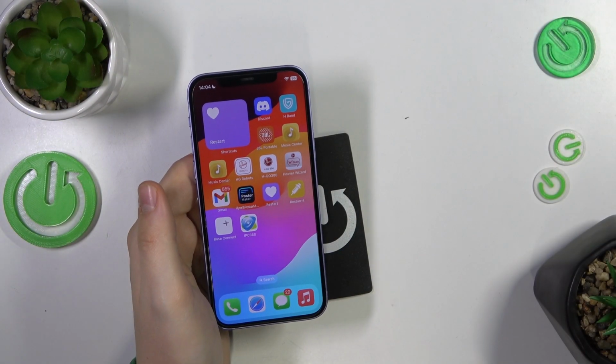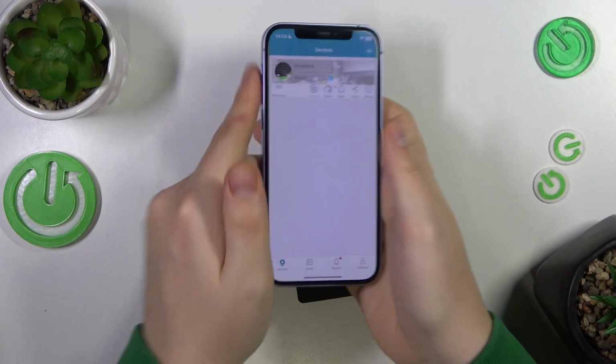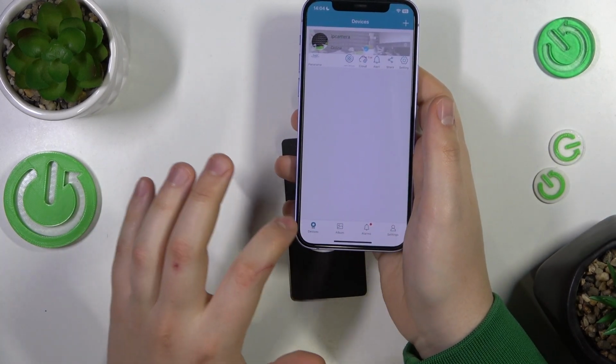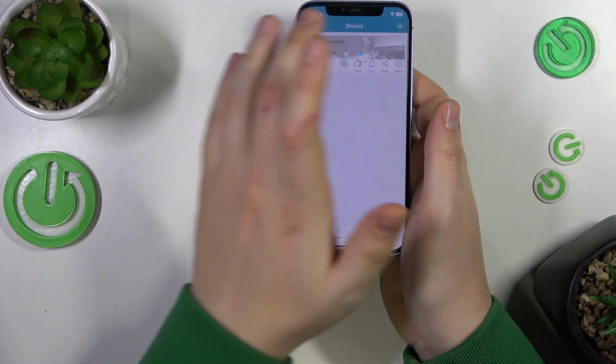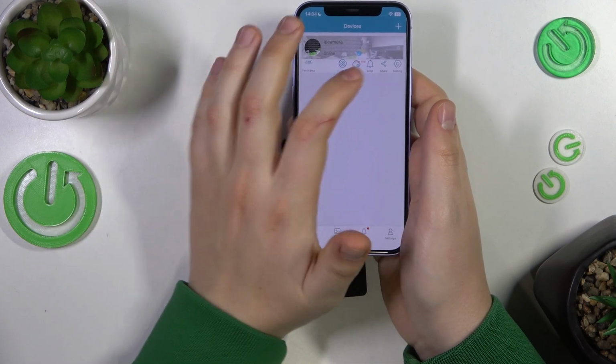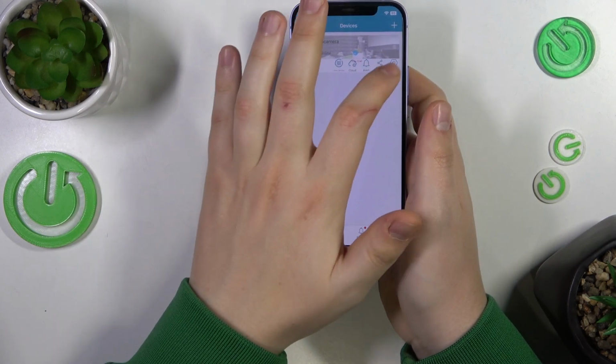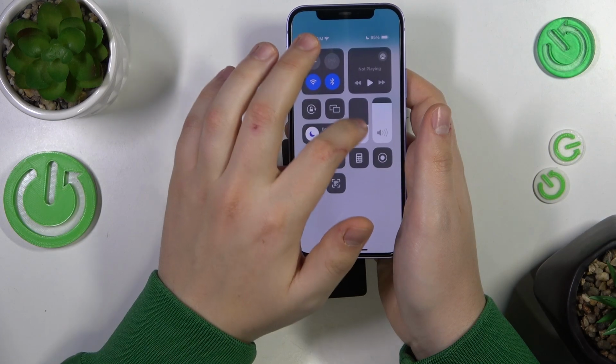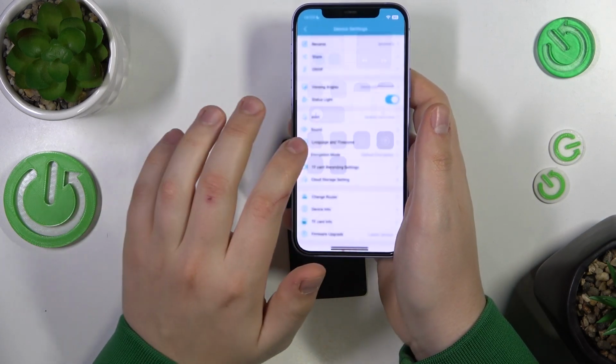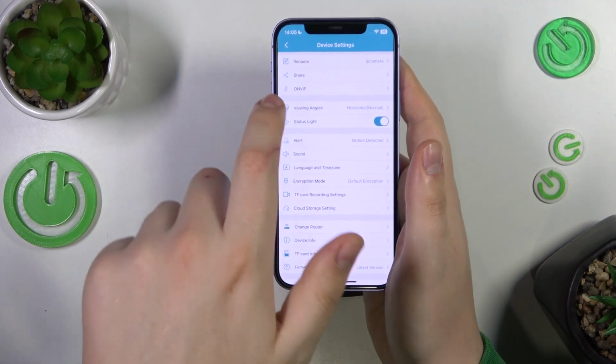So first, you will need to open the IPC360 app, then select the Devices section, find the camera you would like to manage the encryption for, then go into its settings. Let me increase the screen brightness so you will see better. Now open this